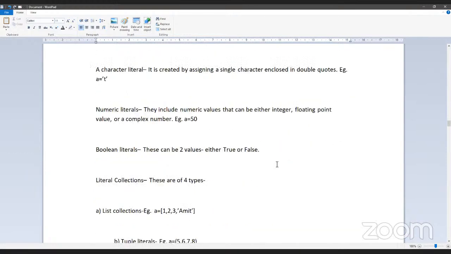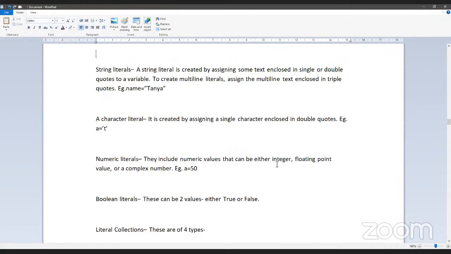So as we look into this, what is a string literal? A string literal is created by assigning some text enclosed in single or double quotes to a variable. To create multi-line literals, which are assigned to multi-line text, you enclose it in triple quotes, and you can even use double or